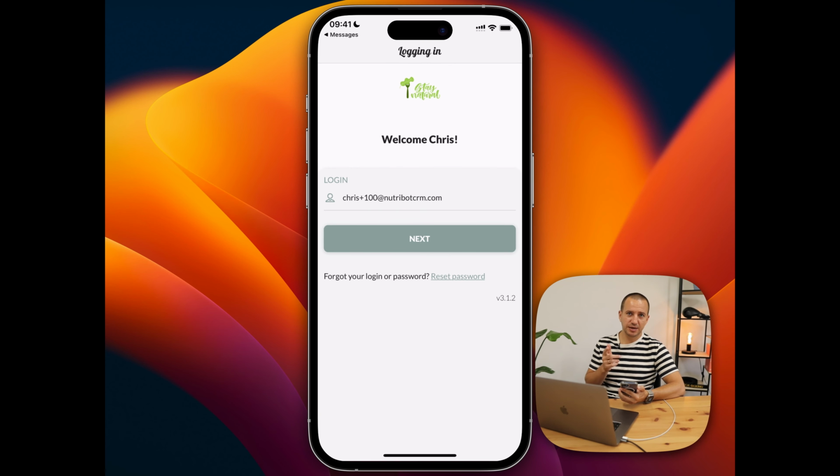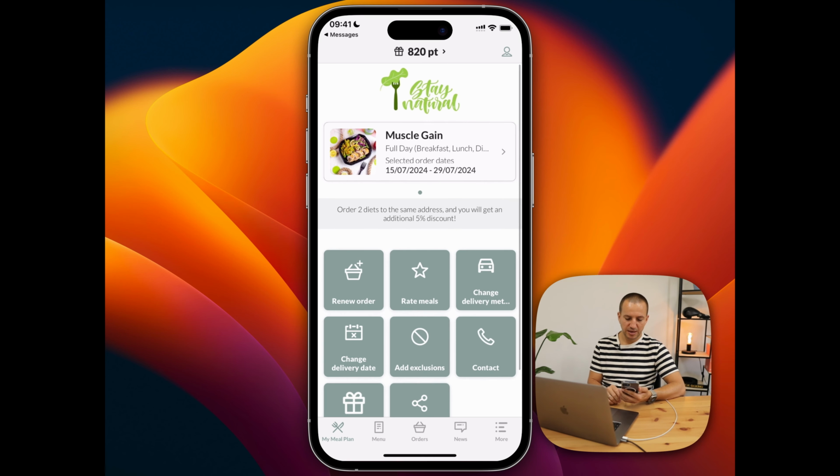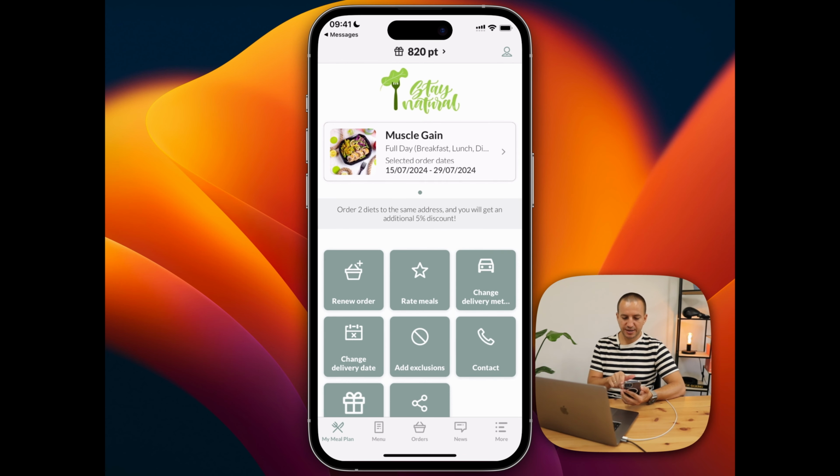After clicking the link, as you have seen, I've already had the mobile app, and there is an invitation text, welcome Chris, there is my login, next, and okay, I need to put my password here, and just click the login button. After login, you can see that I have my dashboard, so I can see my meal plan at